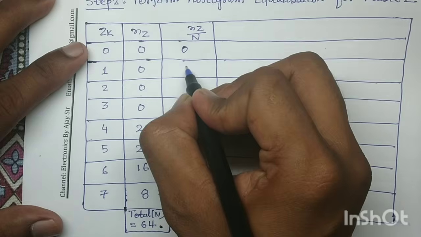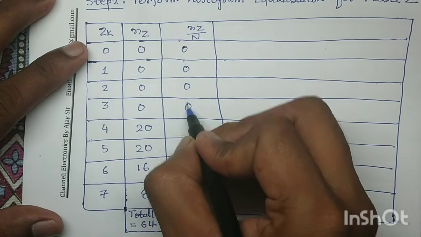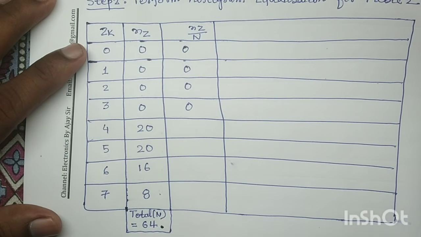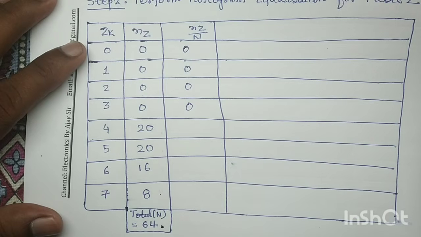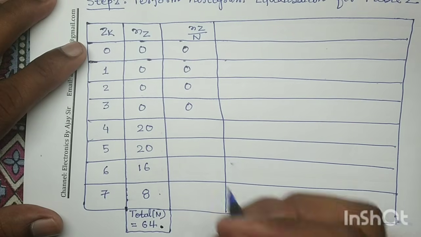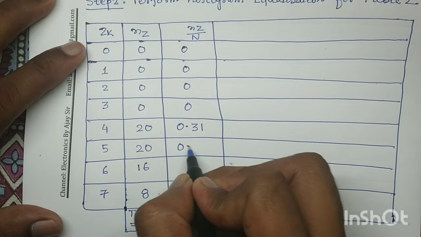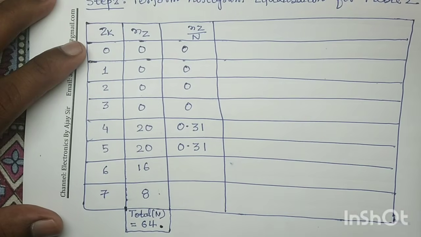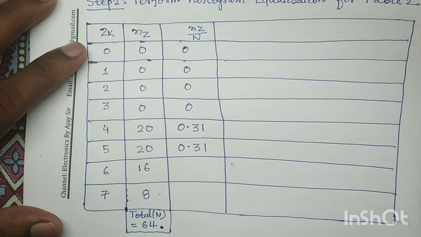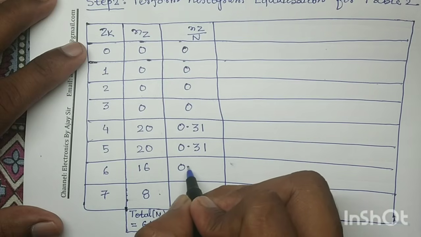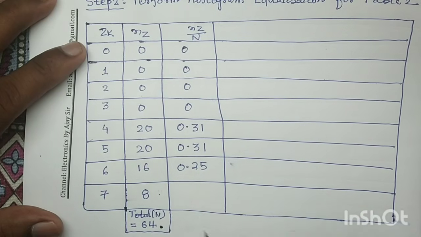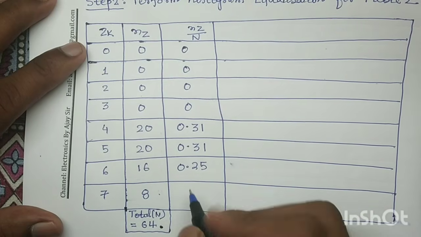So these numbers are 0, 0, 0, 0, 20 divided by 64, up to 2 decimal places, it is 0.31. Similarly this is also 0.31. 16 divided by 64, up to 2 decimal places, it is 0.25. Similarly 8 divided by 64, up to 2 decimal places, it is